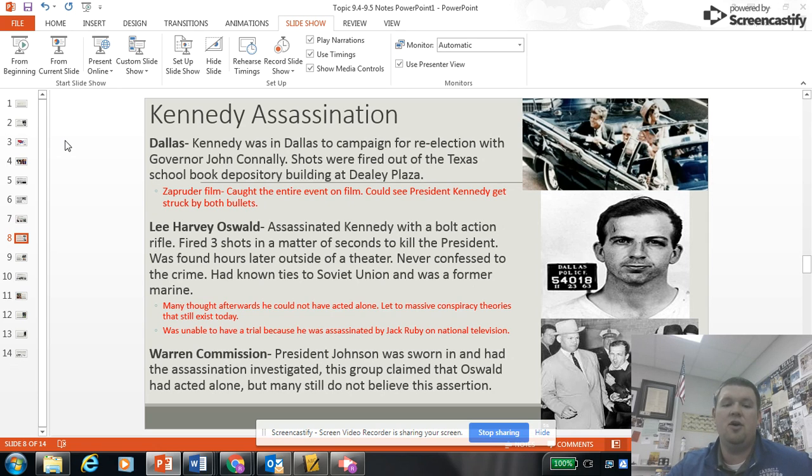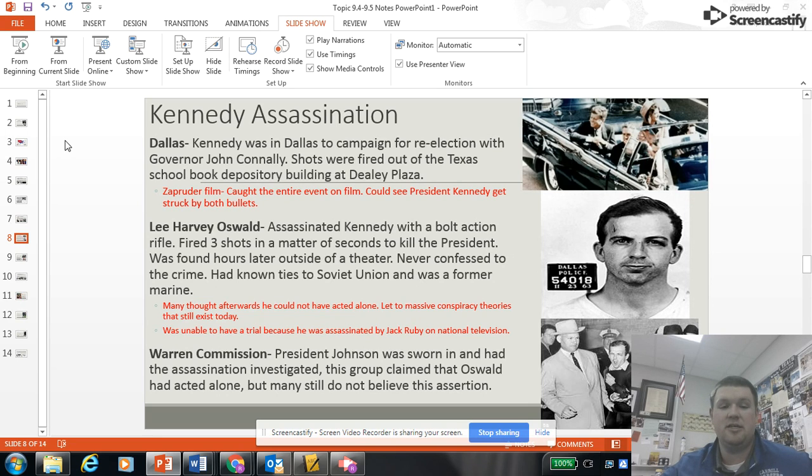And this starts a rumor mill. This starts an international conspiracy theory of what happened. Was Lee Harvey Oswald a lone shooter? And there are a lot of conspiracy theories. There's the single bullet theory, where there's no way one bullet could have gone in the different directions that it went. That's something you can research.